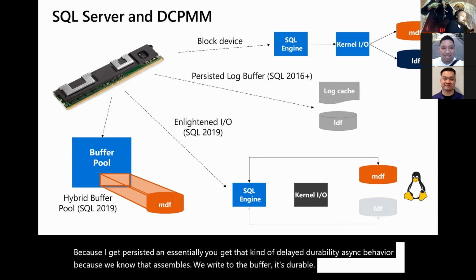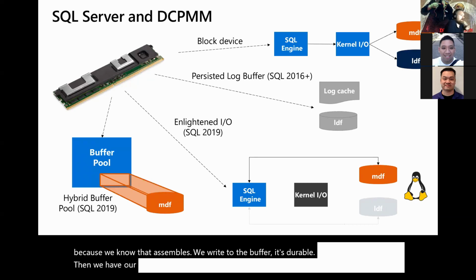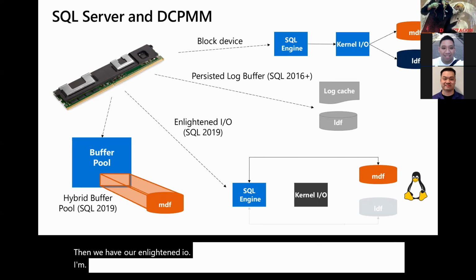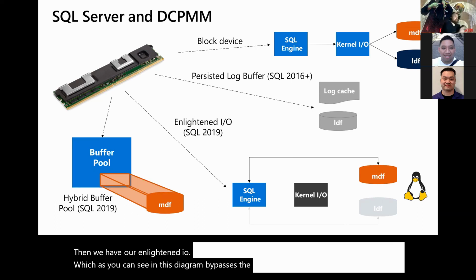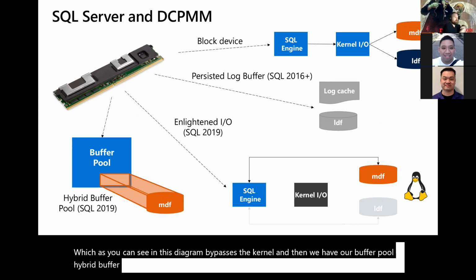Then we have our enlightened IO, which, as you can see in this diagram, bypasses the kernel. And then we have our buffer pool, hybrid buffer pool, which is actually